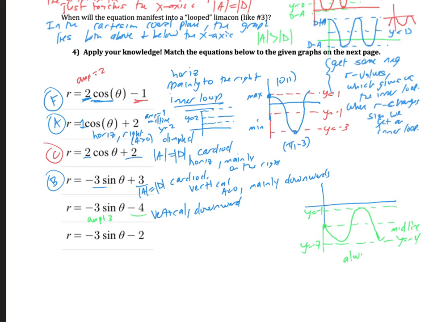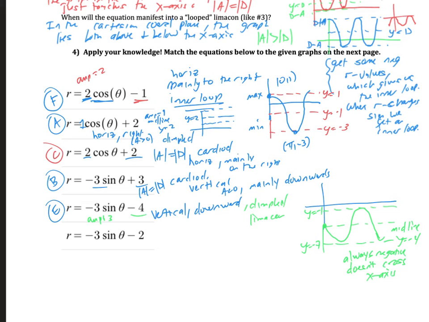So this is always negative. It doesn't cross the x-axis. So we know that this is a dimpled vertical limacon. So let's look back and see if we have a dimpled one on the other page. So this was E. And the last graph, -3 sine theta minus 2, we could find it by process of elimination,